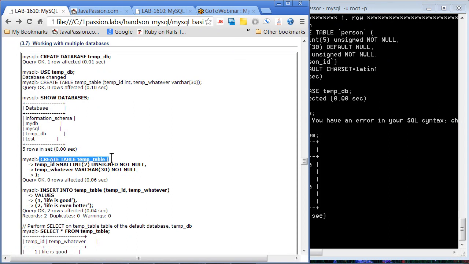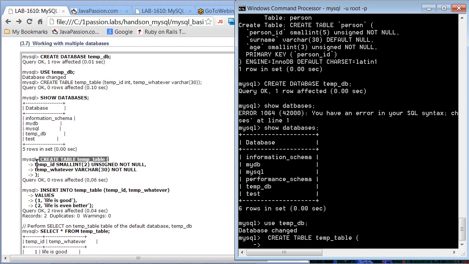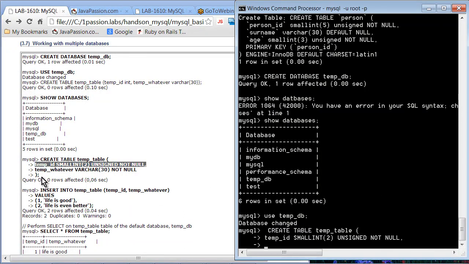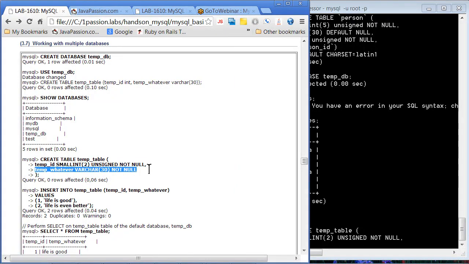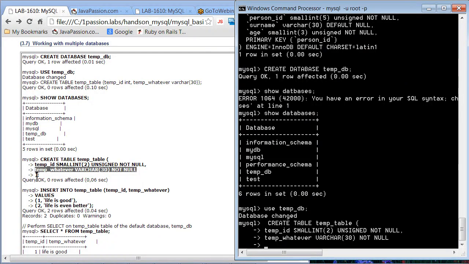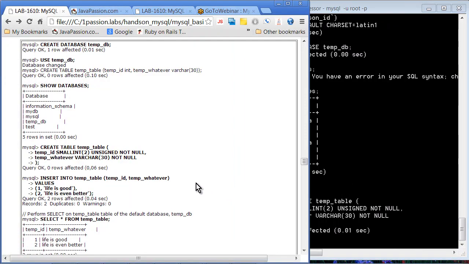So again, I'm going to just copy these things, and temp ID, and temp whatever. And this. Okay, now we are going to actually use insert to add two rows into this temp table. So we haven't learned the insert, delete, and update yet, but let's try to add two rows into this temp